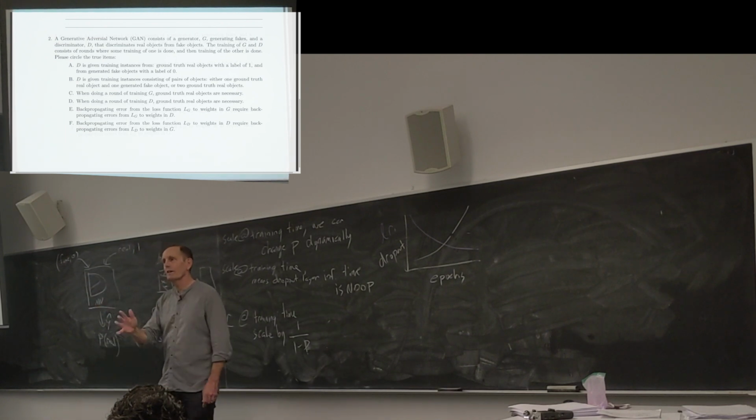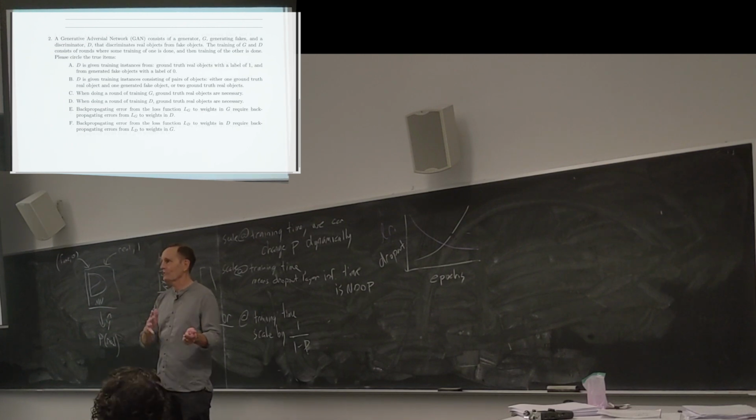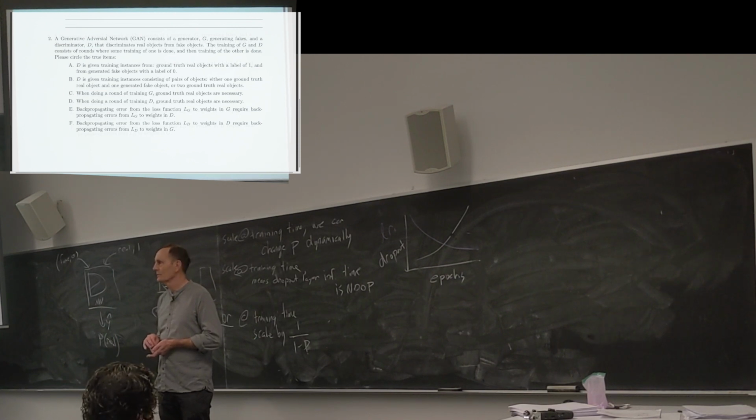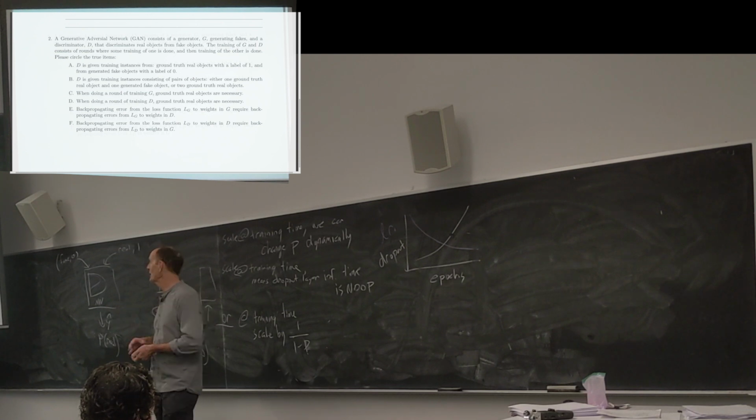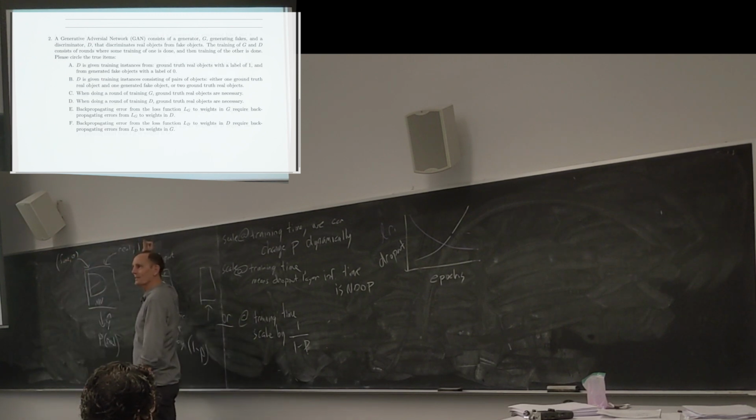Do we do one real, one fake, one real, one fake? Oh, that'd be a really bad idea. Do we do a batch of reals and then a batch of fakes? No. What do we do? Basically we grab a mini batch of reals and fakes. Half reals, half fakes? No. We need to randomly select from the unending stream of fakes and whatever our stream of reals is, 50%